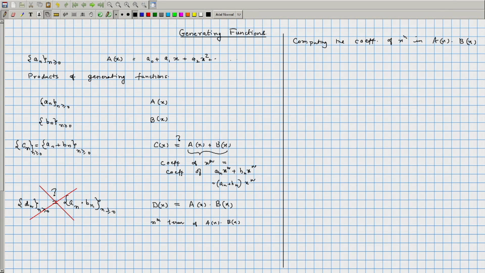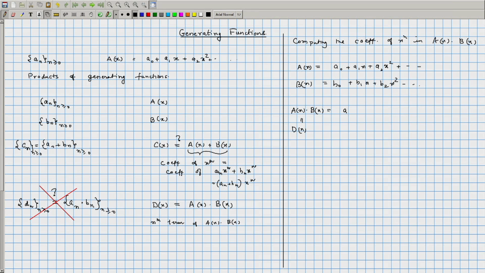By definition, Ax is A0 plus A1x plus A2x square and so on, and Bx is equal to B0 plus B1x plus B2x square and so on. When you take the product Ax times Bx, which is what we call Dx,